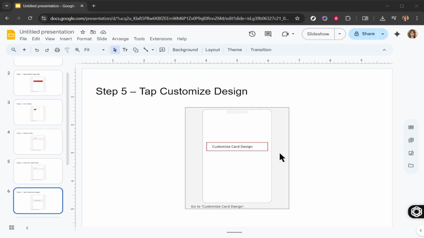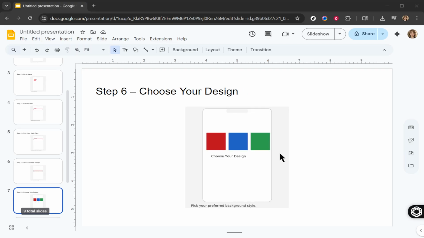And there you have it. You're done. Your card has been successfully customized, giving you a unique piece that stands out in your wallet or purse. I hope this step-by-step guide was helpful